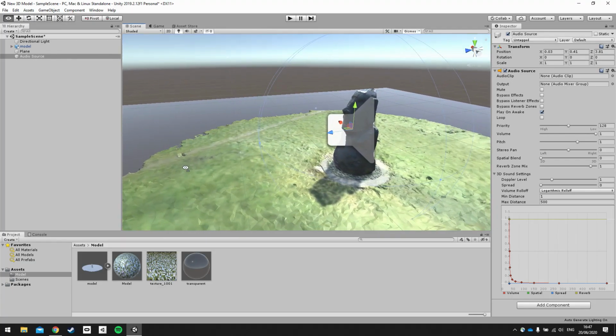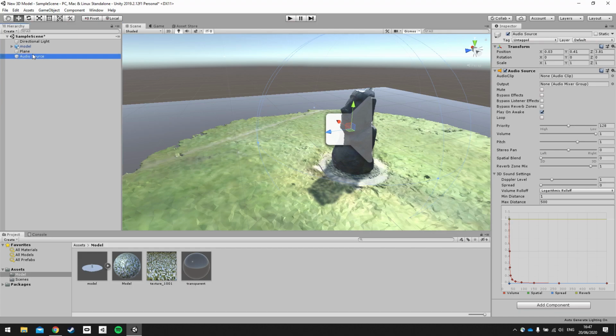Okay, so with the audio object selected, you can see inside the inspector. And this is where we put all of our settings for the audio. So we positioned it into the middle, and we want to make sure that we play on awake and that we loop the sound as it comes in. The second setting is to set the spatial blend to 1, so that it is 3D. You can then set the max distance to reach the edge of the model. So the max distance